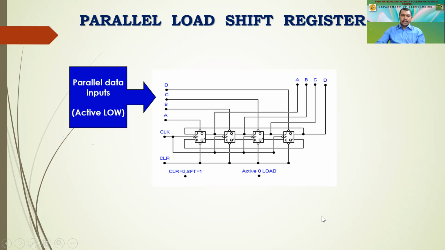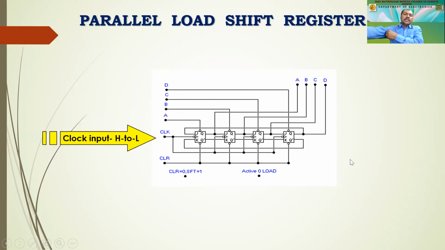Then these are the parallel data inputs, which are active low. Remember this, whenever we need to send the data, we can use the preset terminal to set or reset the data. Similarly, we can use the clear terminal. If you supply low to this clear terminal, all the data at the output will be cleared, right? So the clear and preset terminals are basically used this way. The preset terminal is used to input the data which can be initially fed, so that the data is parallel.